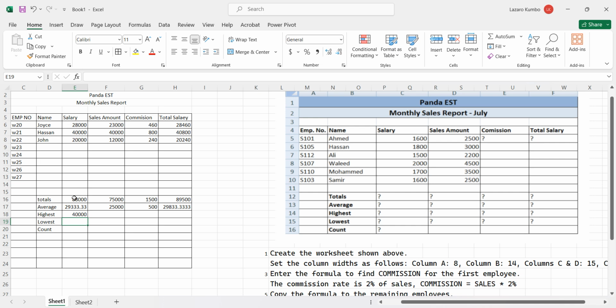Press enter, you get the highest value, and then drag, it will apply to all these other columns. The lowest value is found by using the function min,